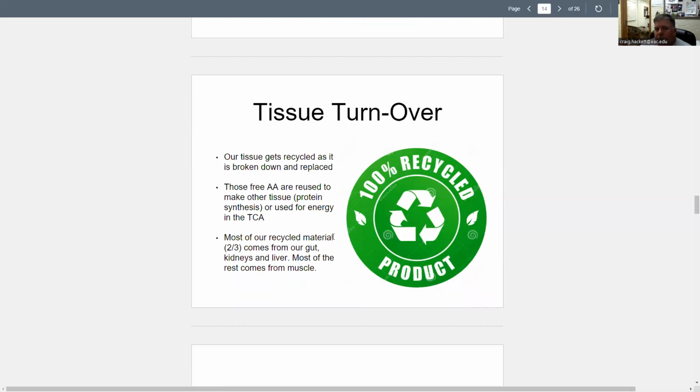We're going to use some of those free amino acids in the Krebs cycle, but others can be resynthesized to make other proteins for different functions. And a lot of those recycled proteins come from our gut, from our intestinal tract, which makes a lot of sense, because if you think about it, when you eat something, it's rubbing through all of that tubing, and it's breaking down a lot of the proteins, and you have a lot of enzyme function in there. And so you've got a lot of used up protein material that we can then degrade and take those amino acids and make them into something else.